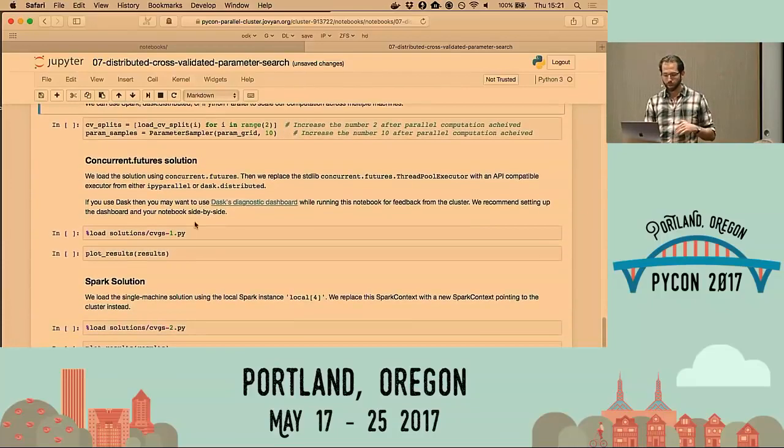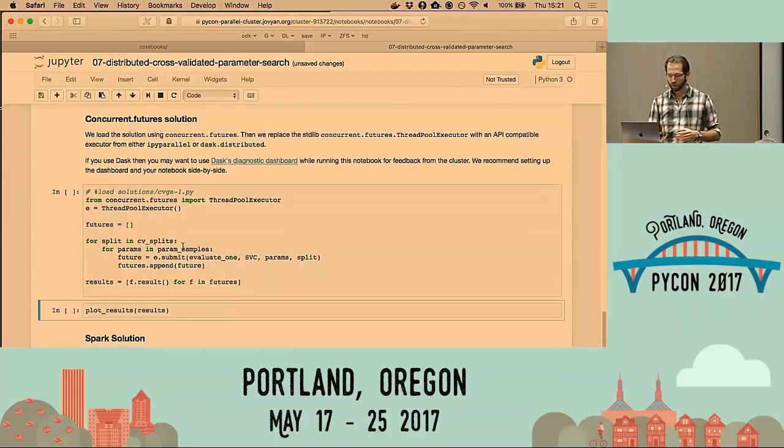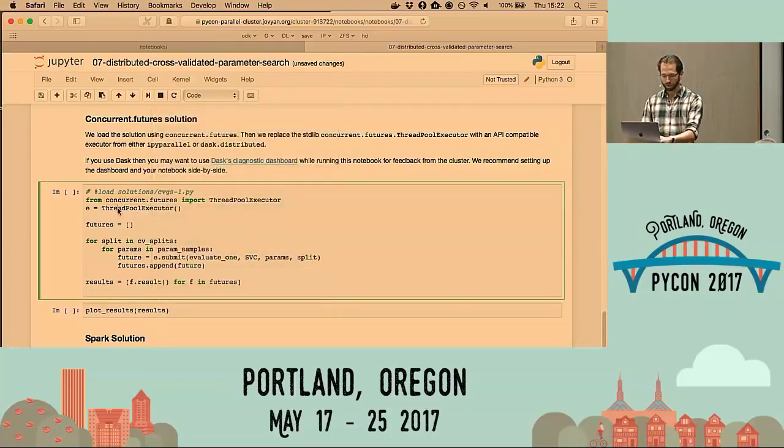We had solutions from the last section, like this solution with concurrent futures, that ran faster. But now, instead of concurrent futures submit model, we can replace that with some other distributed library that implements this same API. Libraries like Scoop implement this, IPython Parallel implements this, Dask implements this. These are all distributed versions of the same API. So instead of running this with concurrent futures,